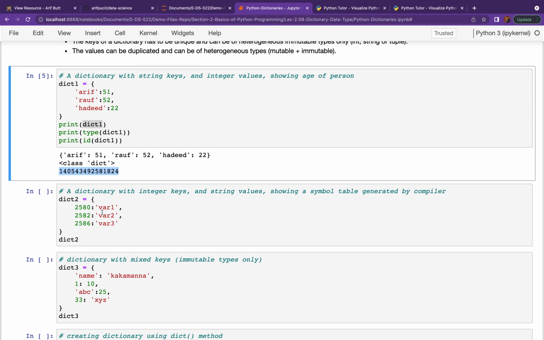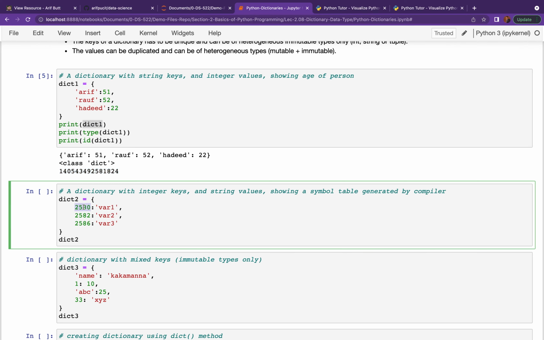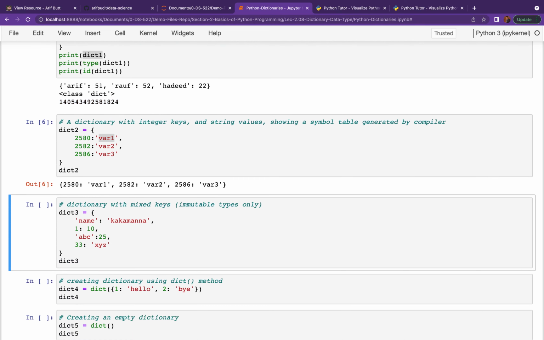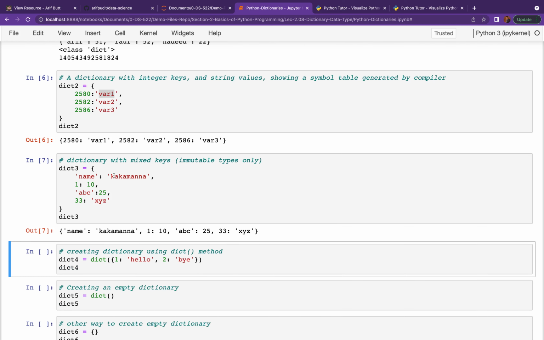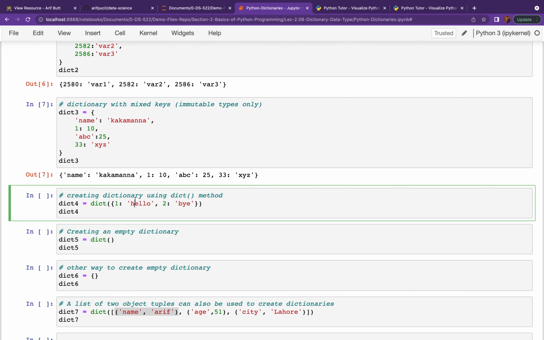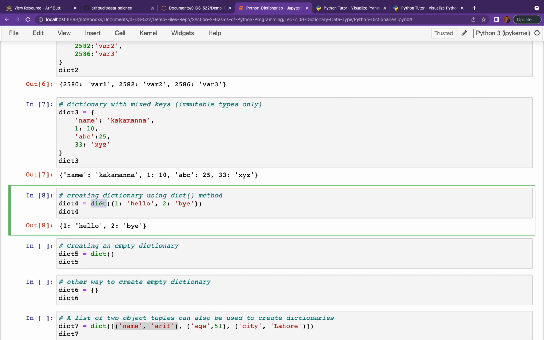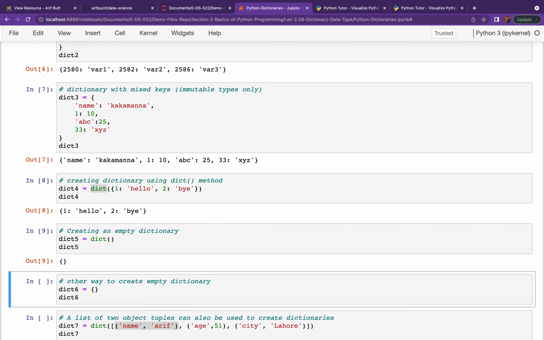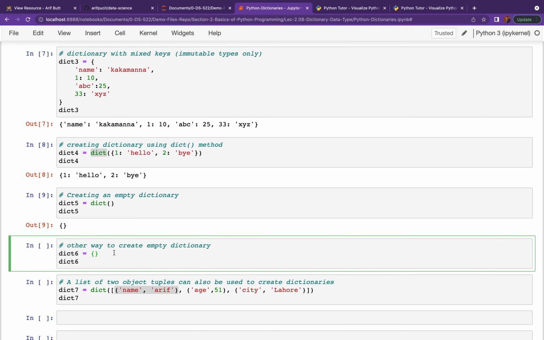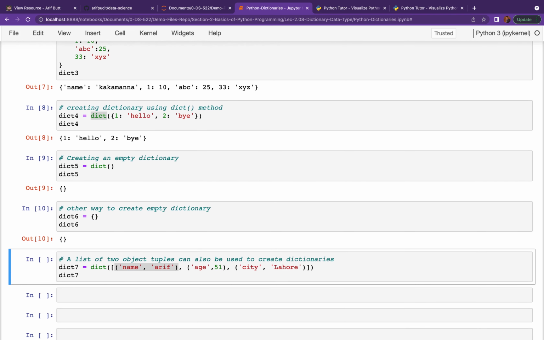You can have a dictionary with integer keys and string values. You can have a dictionary with mixed keys. Remember, as far as the keys are concerned, they have to be immutable. You can always create a dictionary using the dict method. You can create an empty dictionary, and this is another way of creating an empty dictionary.